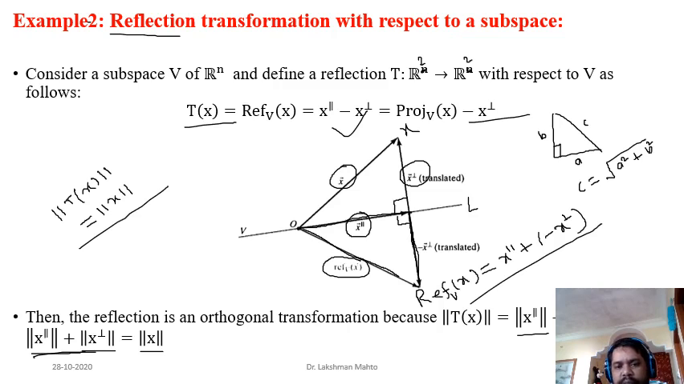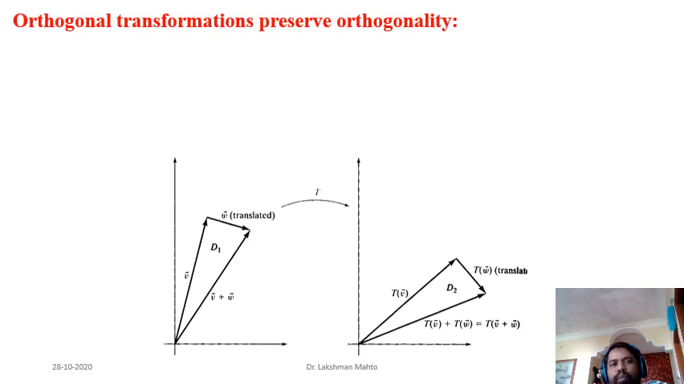It says that reflection is an orthogonal transformation. It just satisfies the definition of an orthogonal transformation. That means it preserves the length of the vector. Further, one more interesting property you will observe in an orthogonal transformation is that it preserves orthogonality. That means if you have two vectors in the domain space and you observe that the angle between these two vectors is 90 degrees, that means perpendicular to each other,